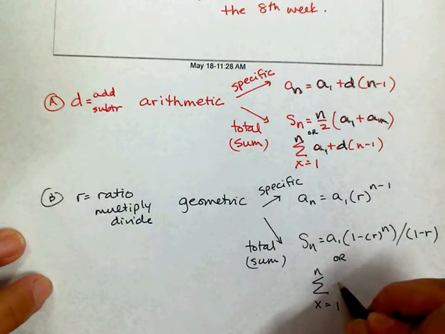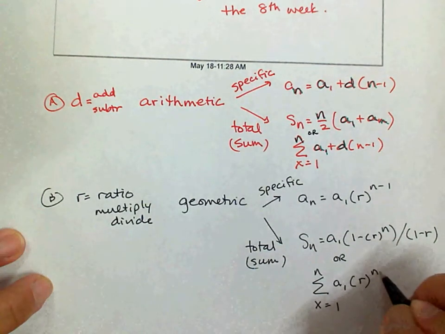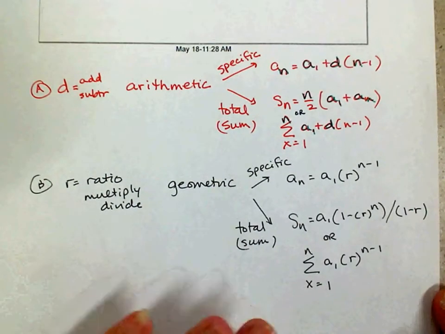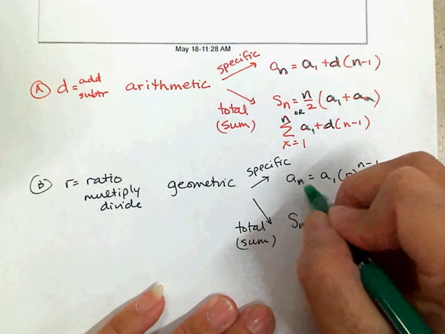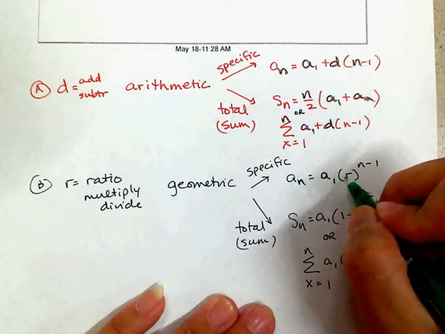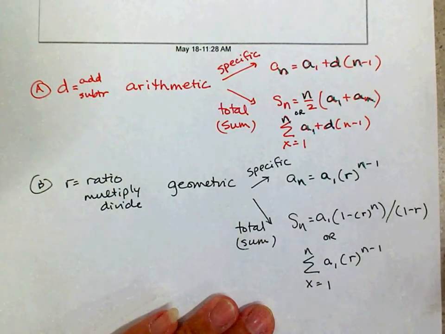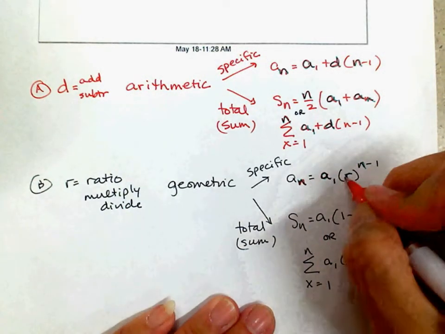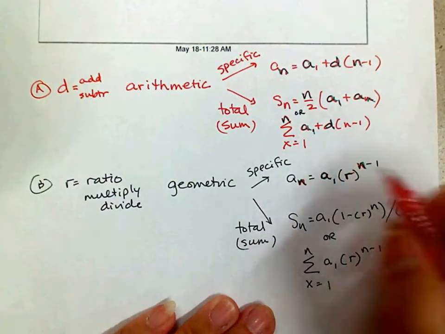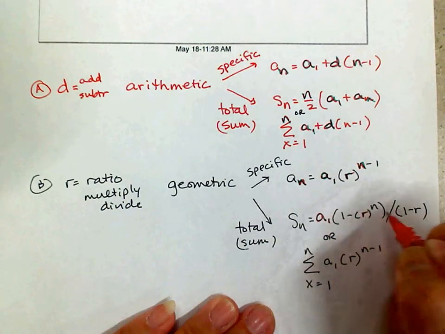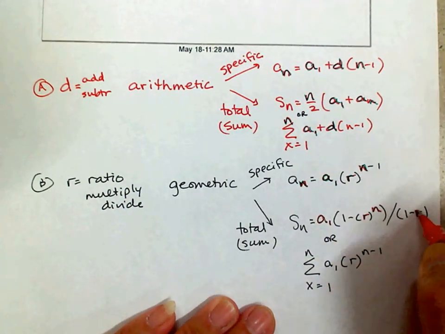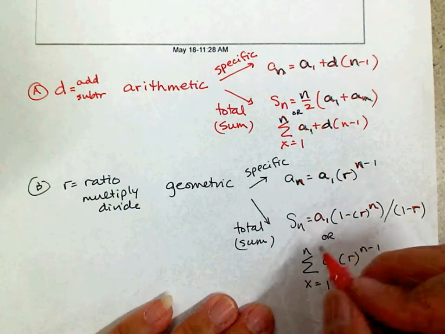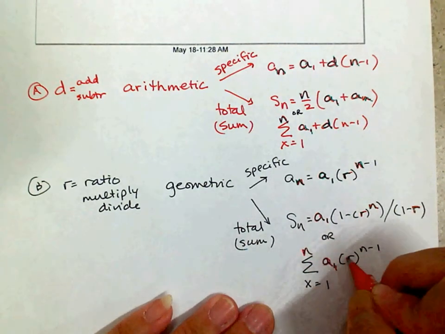Okay. Now, in your geometric, up here, this one would change. Okay, and you would just type that in. Oh, let's use a different color so it shows up. In here, you will be able to plug in all these numbers. Be careful if your R is a negative. Make sure you put it inside the parentheses. Here, this is what you would change. Leave that in there, okay? All right, so there you have